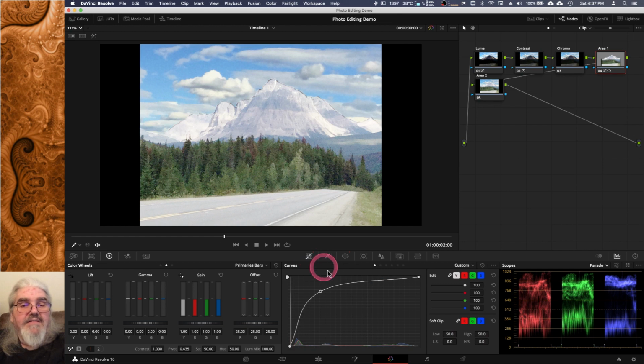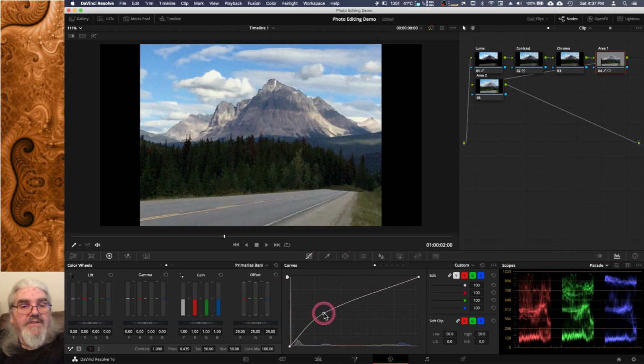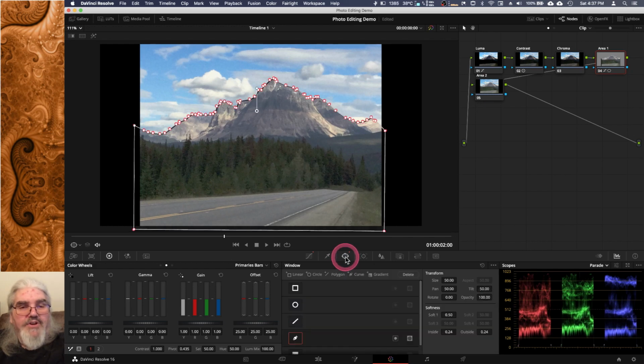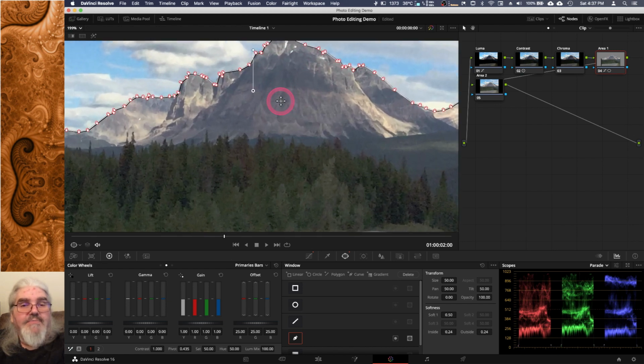So now if we go back here, it just softens up that line a bit so it's not quite so harsh. So now when we get down to more reasonable levels here, you can't really notice that there's a line there. Now, if we want to, we could go back and we can actually grab some of these points and move them around a bit. So if I wanted to really zoom in,